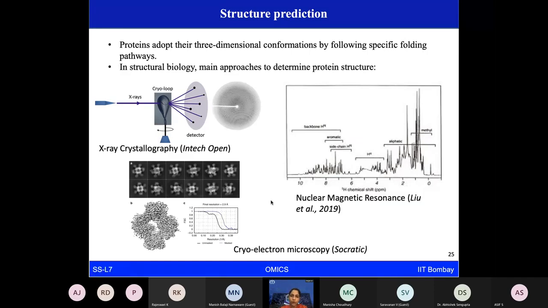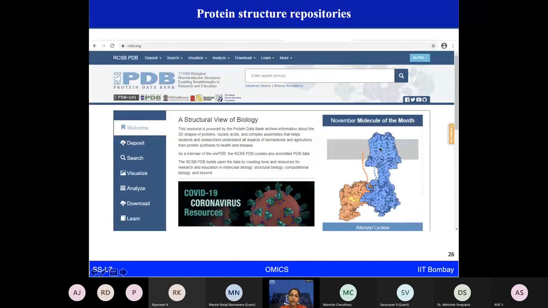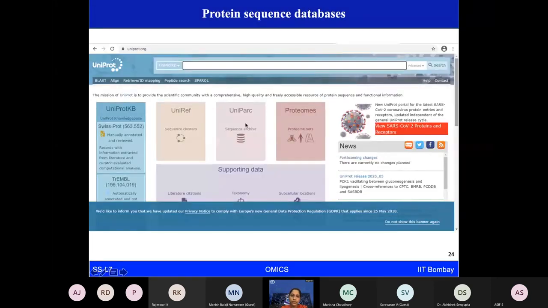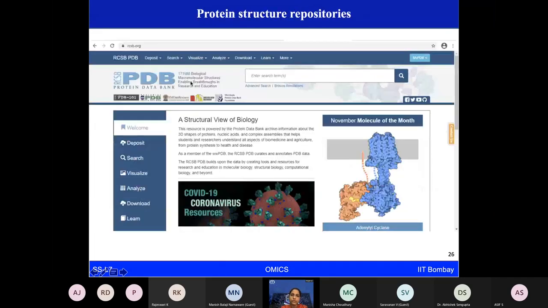Because of all these issues, you can see that in case of protein sequence databases, in UniProt we have numbers like 563,552 protein sequences deposited. In TrEMBL translated ones, we have these many sequences. However, in case of structures, we have only 171,588. That is the only number of proteins that have structures. This is one issue that we usually face whenever we are talking about drug repurposing, which is a very common term that we have been hearing in case of COVID-19.